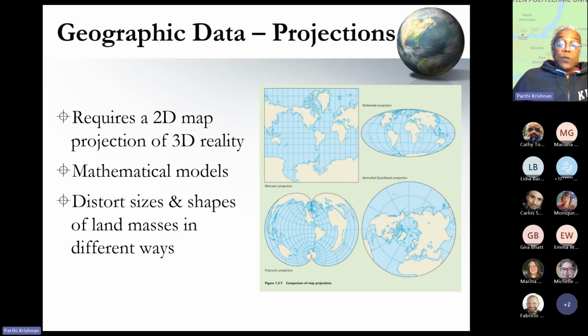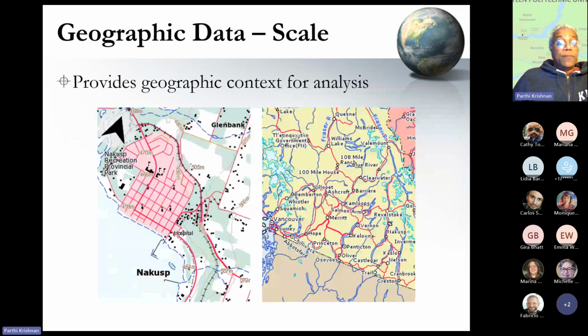Then, adding to all of this challenge is the fact that we also have to deal with the scale of the data that we are interested in. In geography, scale provides context for any analysis. So, as I stated before, climate change can occur at the smallest local level, all the way up to the largest global scale. So we tend to reduce the Earth to show as a map in a given space, or in this case, a given sheet.